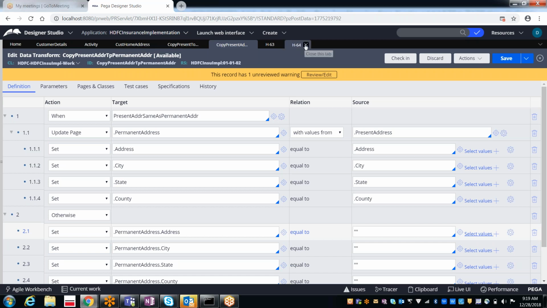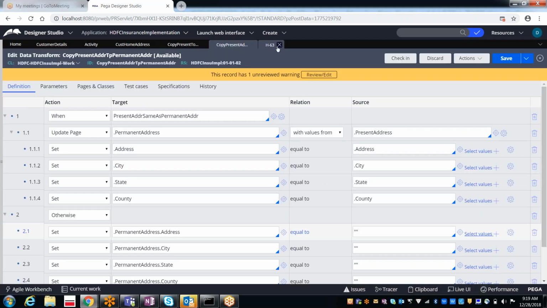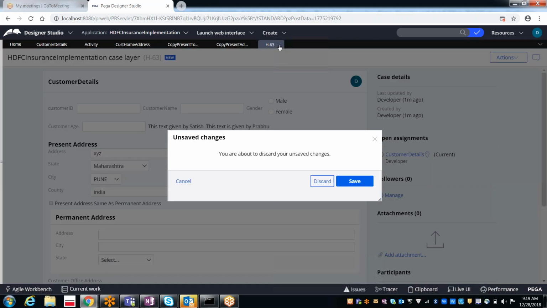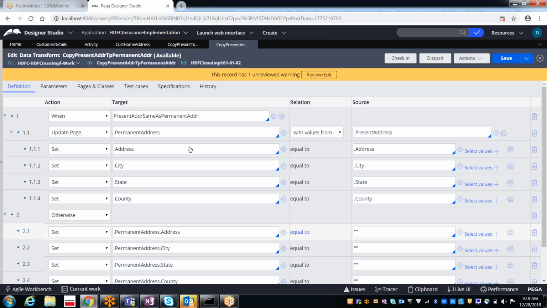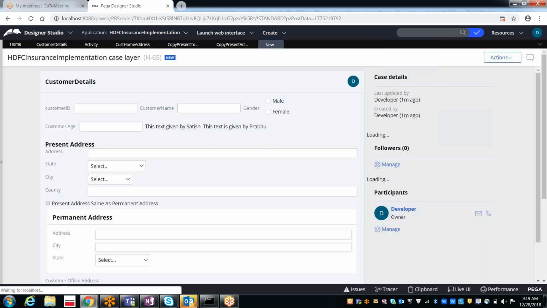Close the existing work objects. Actions, run. And now I'm clearing this.